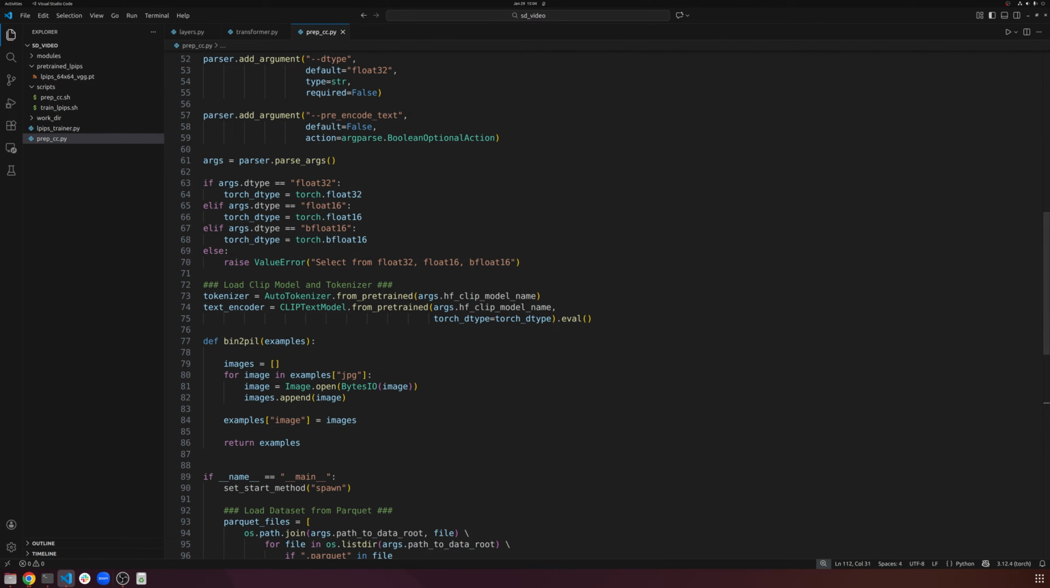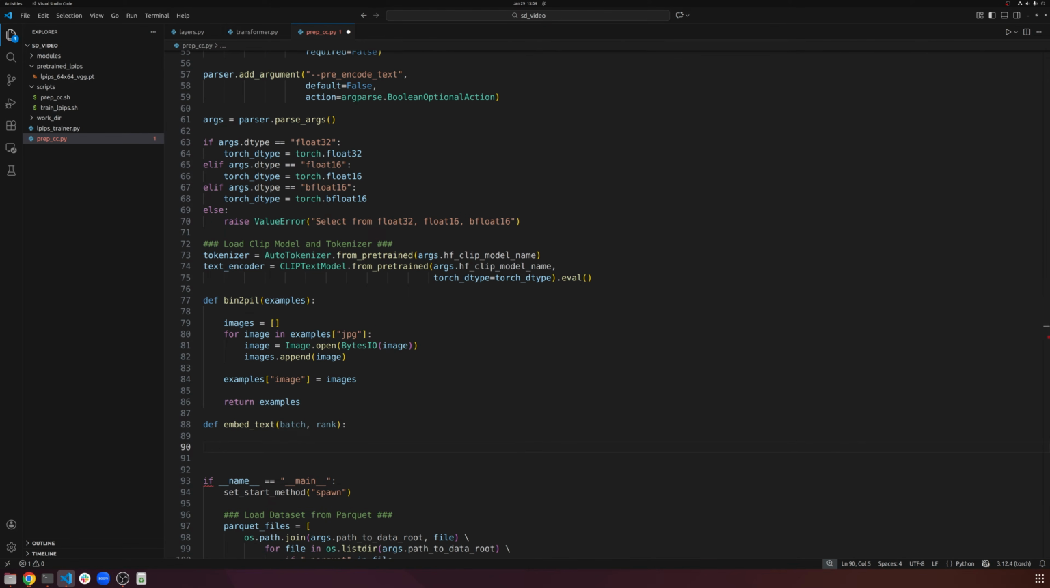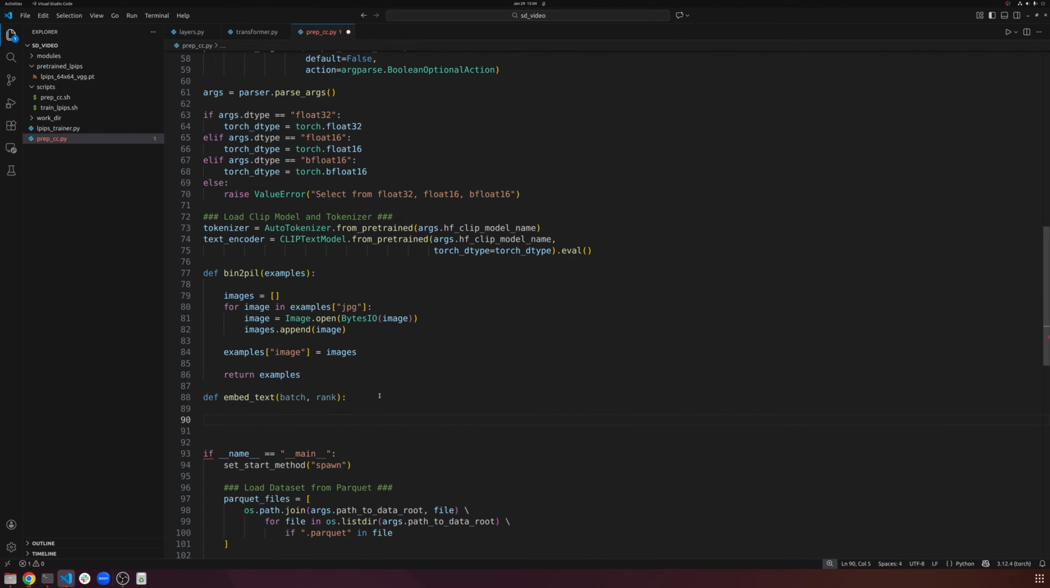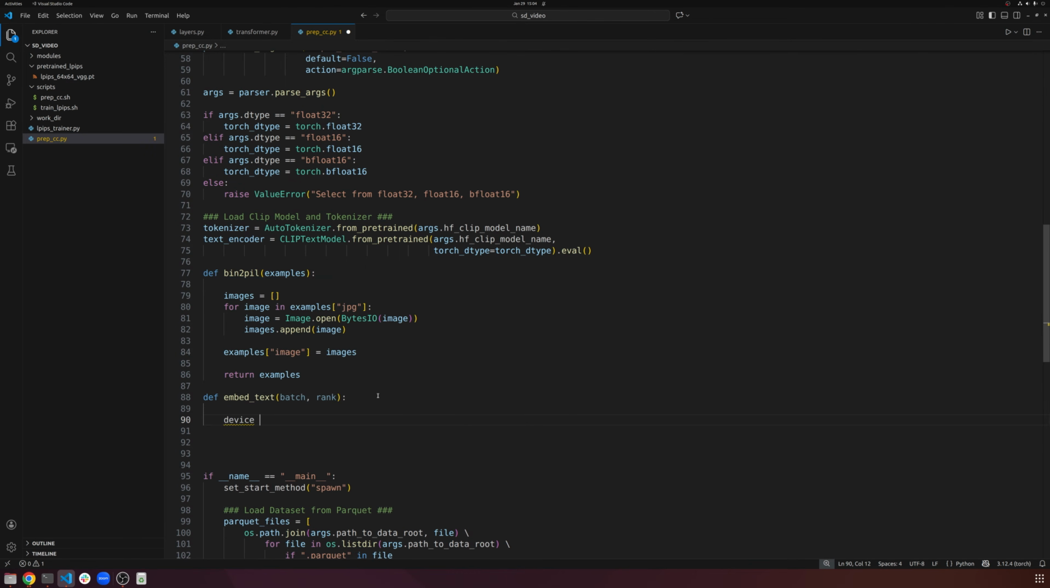So we need to write the embed text method. That's relatively straightforward. We can do def embed_text. It's going to take batch and rank. Rank is which GPU we want to do it on. So that's fine, we can keep that. Device is going to be equal to f"cuda:{rank or 0}",